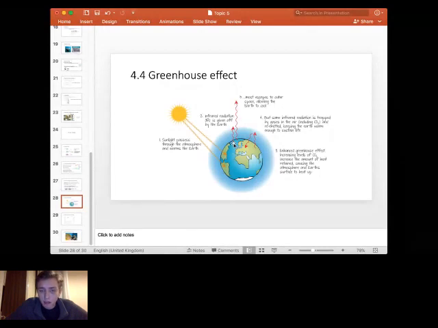Now, most of this infrared radiation is going to escape into the atmosphere. But a certain proportion of it is going to collide with these specific particles which we have in our atmosphere. Now, ideally, I would want to draw something, but I won't be able to do that without going full screen, so I'm going to draw it with my hands. Imagine that there are these different particles found in the atmosphere. As this long wavelength radiation collides with these particles, the particles absorb the energy and hence become warmer for a short period of time. But they also re-emit this long wavelength radiation in all directions, kind of like a cluster grenade, if any of you know what that is. So you hit one, and then